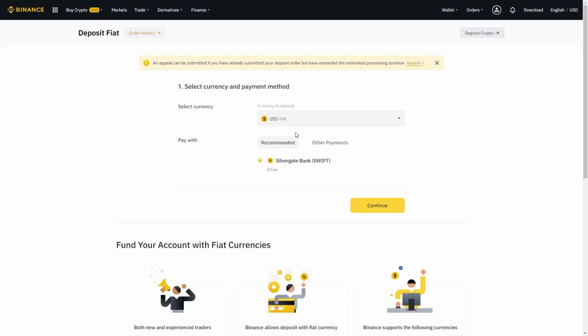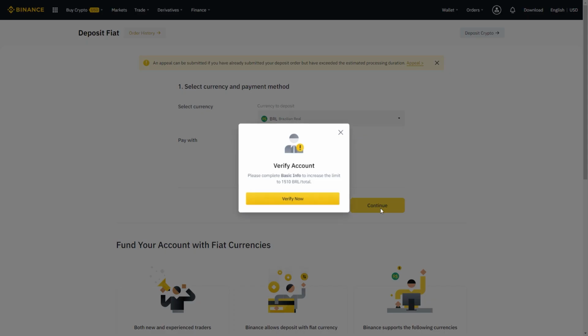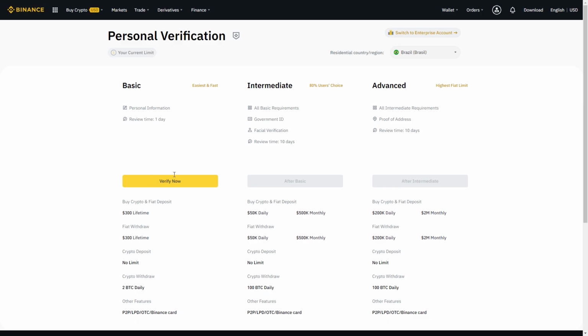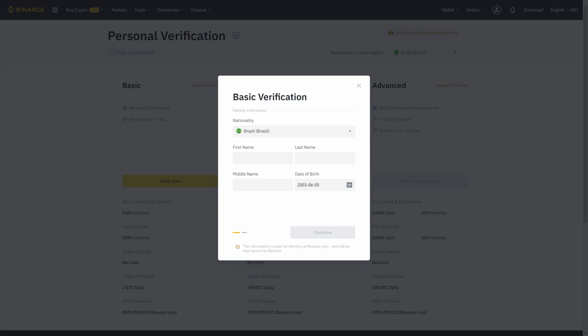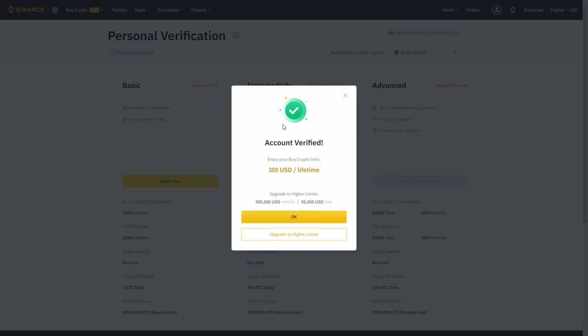Select your currency and click Continue. It will ask for you to verify your account. I recommend you do that so that way you can use all of Binance's features. Click on Verify Now. Put your information and click on Continue. Click OK. Now you can start trading cryptos, but if you want to increase your daily limit, I recommend you